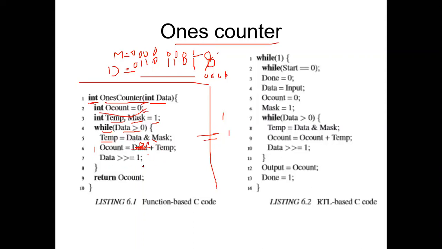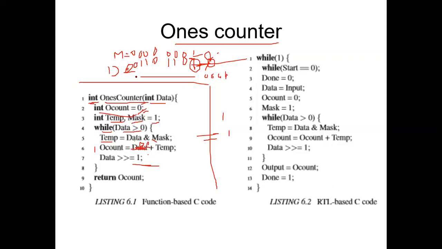After that, the next step is data is shifted one position to the right. If you are shifting this data to the right, what happens? Here a 0 will come in and the LSB becomes 0, so that the data becomes 0 0 1 0 1 1 0 1... Is it clear? When you are shifting this data to the right by 1, the LSB bit will move out. So the LSB bit will be lost, and an additional 0 will be appended at the MSB.